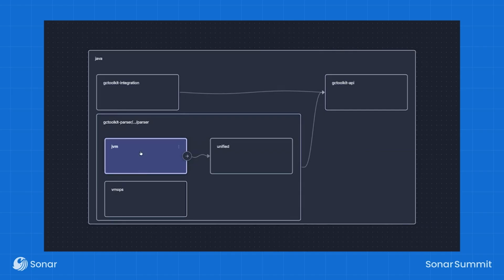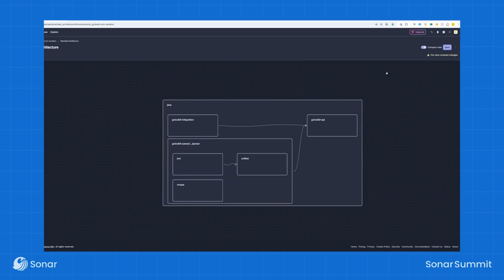You'll notice as you're adding relationships, you can only add relationships between siblings within your model. Basically, any more distant relationships are already covered by the intended relationships at the parent level. Okay, before you finish here, and in order for this to be picked up by your scanner to check for deviations, you do need to save. So I'll do that. And then once you've run your next scan,